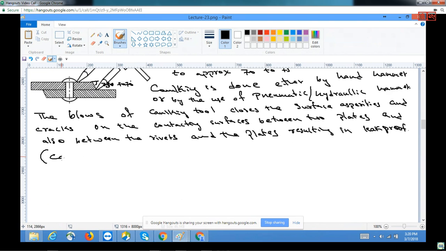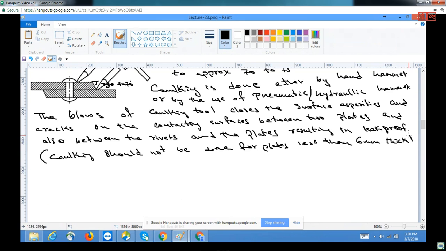Further, caulking should not be done for plates less than 6 mm thickness. Next, fullering. This is similar to caulking,